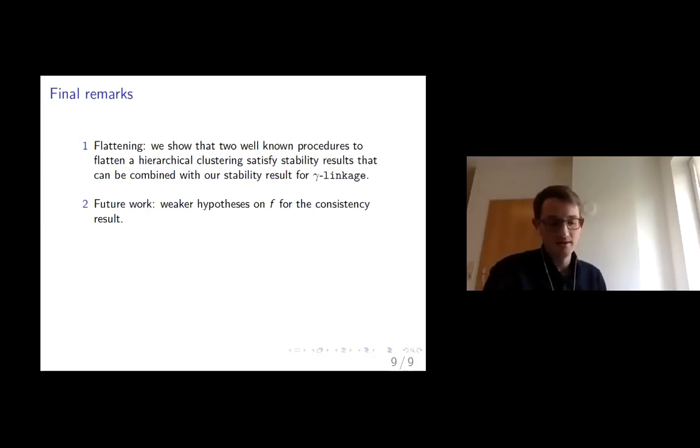And again, the idea is that this allows you to get what in many applications you actually want, which is a single clustering of your data set, but you still do this persistent approach where you're considering your data set at multiple scales. Cool. And both of the approaches that we talked about, the one underlying the tomato algorithm and another that is part of the HDBSCAN clustering algorithm, both of these processes make sense for arbitrary hierarchical clusterings. So in particular, they could be applied after this gamma linkage hierarchical clustering algorithm that I've been talking about.